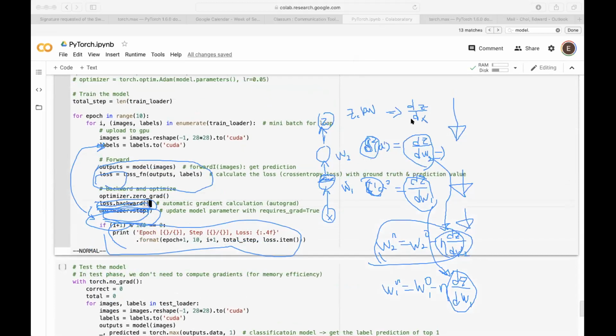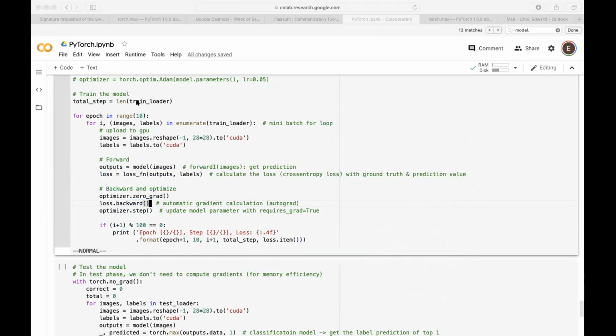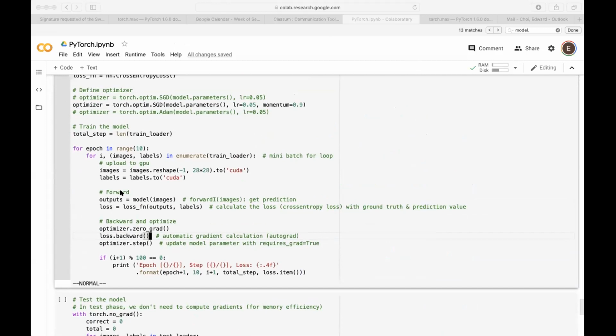Okay, I'm going to erase the figures here. The zero grad. So the reason that we call zero grad is that whenever you call backward, each node in your computational graph, I said that neural networks are just a directed acyclic graph. Everything is represented as a graph. So in your computational graph, each node has a member variable named grad,